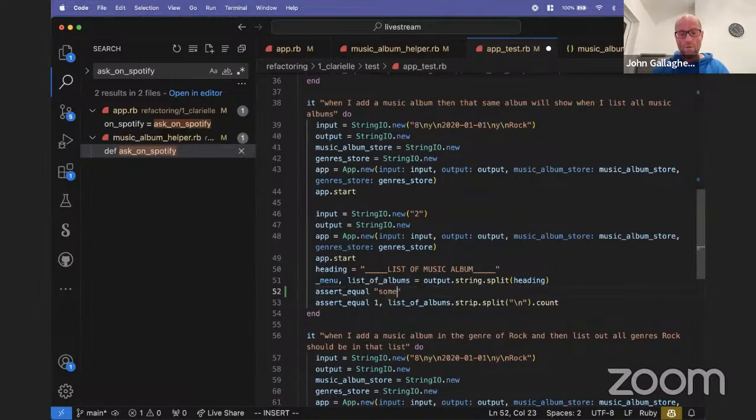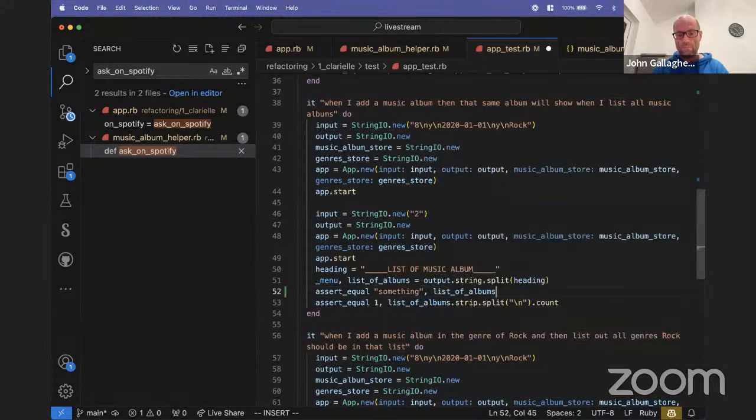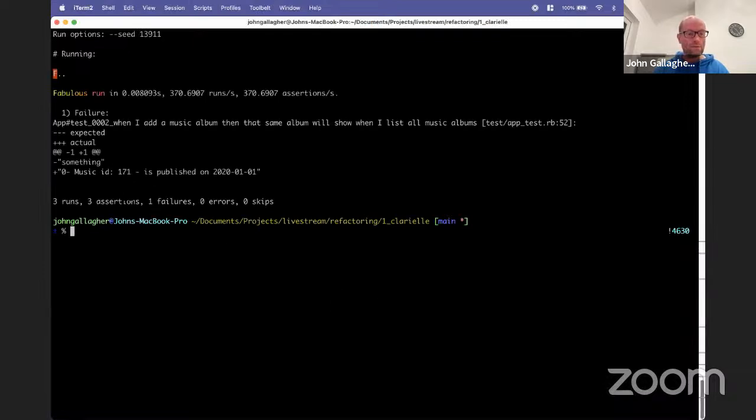I'm just going to put any old thing here, something, list of albums, dot strip, dot split. I'm going to take the first album, I'm going to run it, and we're going to see what we get. Okay, so this is what it's currently spitting out. And what we want is, we want it to spit out the name of the